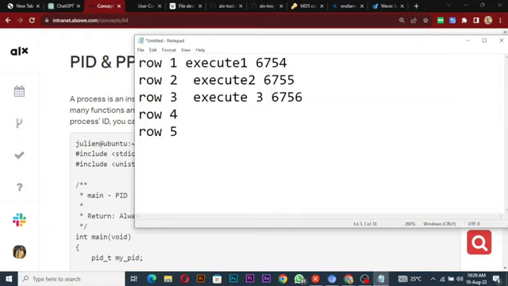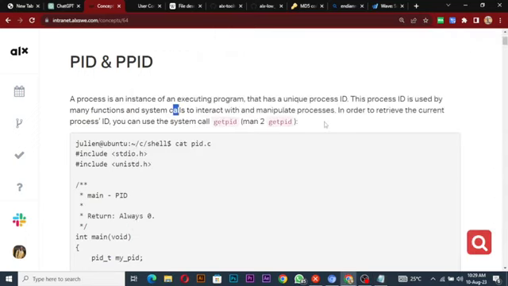It can call the process ID and know I want to execute this one, this one, and this one. So that's that. In order to retrieve the current process ID,